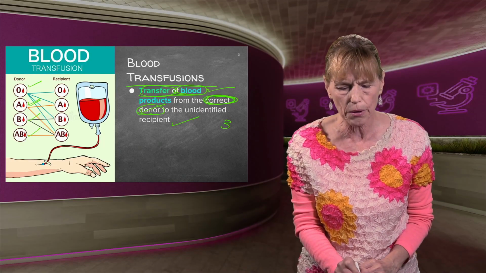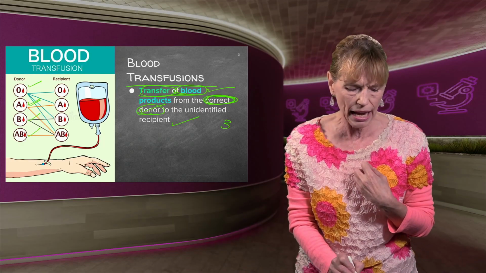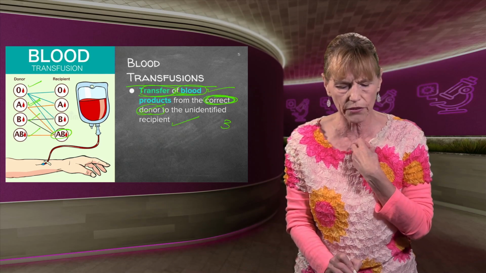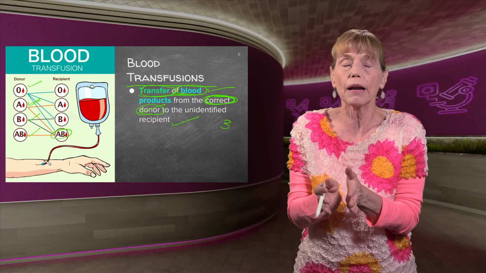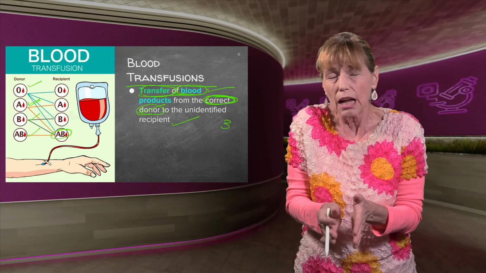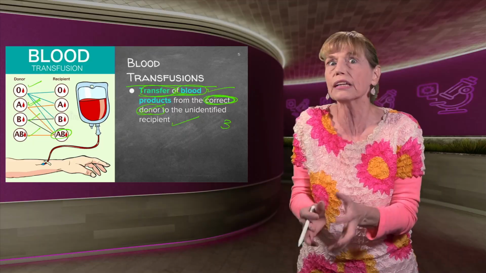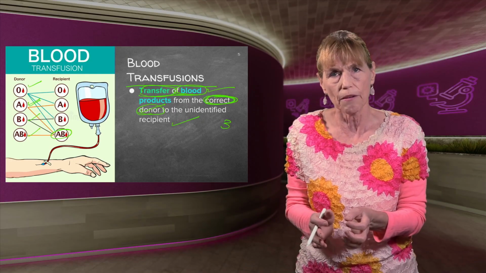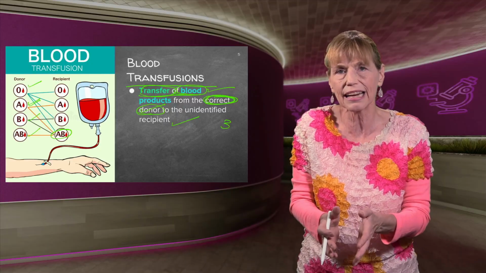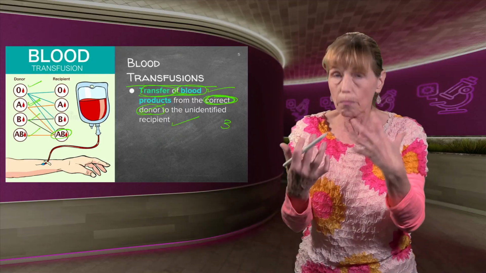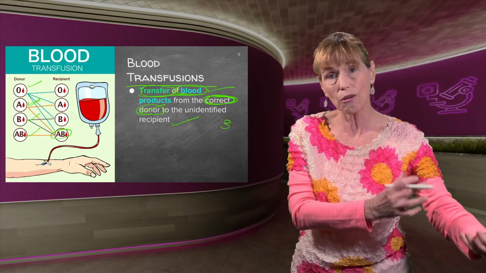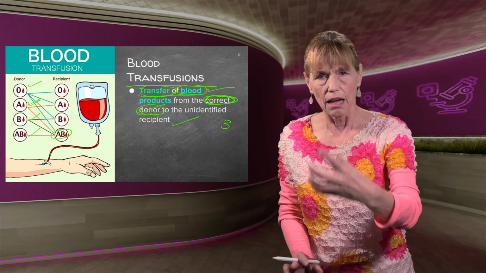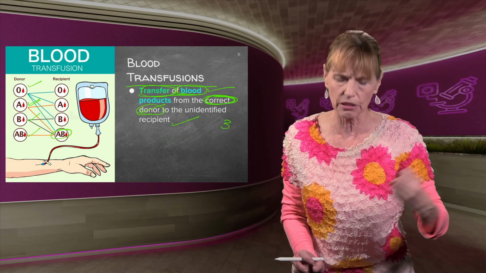When we have a problem with a recipient, O can only receive O, but AB could be the universal recipient. Okay, so what we do with blood, how does that work with medical? It means we are taking what normally would not happen. Normally humans wouldn't be pouring blood from one to the other to keep them alive. But we have developed a technique where we can take products, which are biological products, and give them to another organism in order to keep them alive. So that is manipulating the biological product to the benefit of another person.